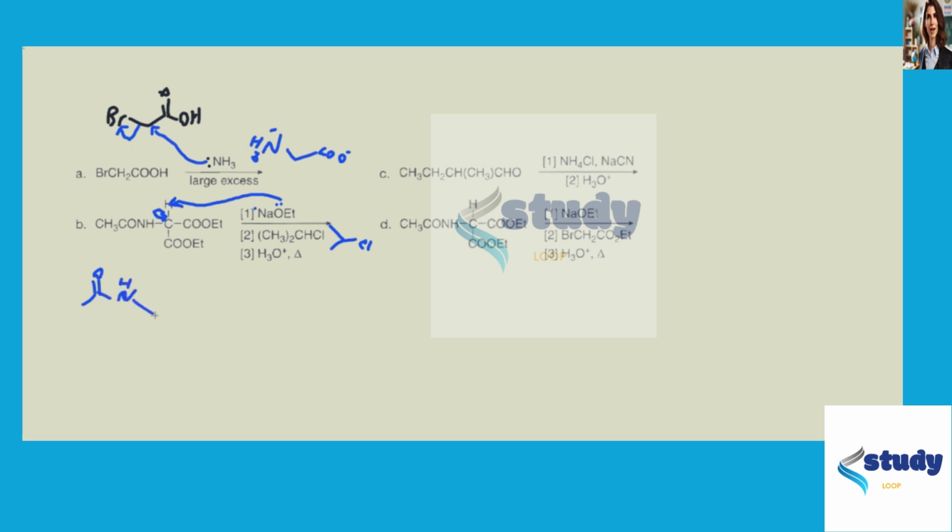This is nitrogen. And then after the acid hydrolysis, you lose this group and you lose this group for the production of ethanol and CO2 through hydrolysis. And what you're left with is now your amino acid,